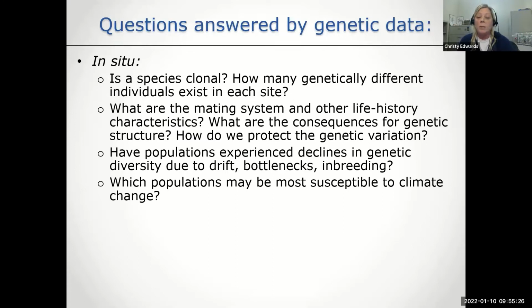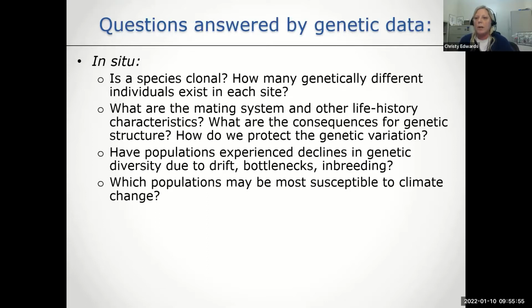Have populations experienced declines in genetic diversity? There are factors that can be associated with small population size, including genetic drift, genetic bottlenecks, and inbreeding that can reduce genetic diversity. And then finally, one of the newer applications for genetic data is trying to identify populations that may be susceptible to climate change. And these are questions that are focused on in situ conservation, so conservation within